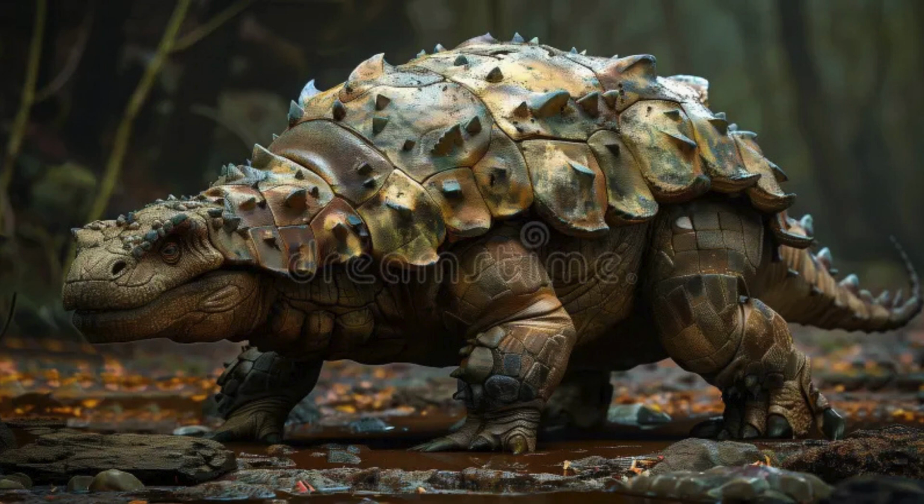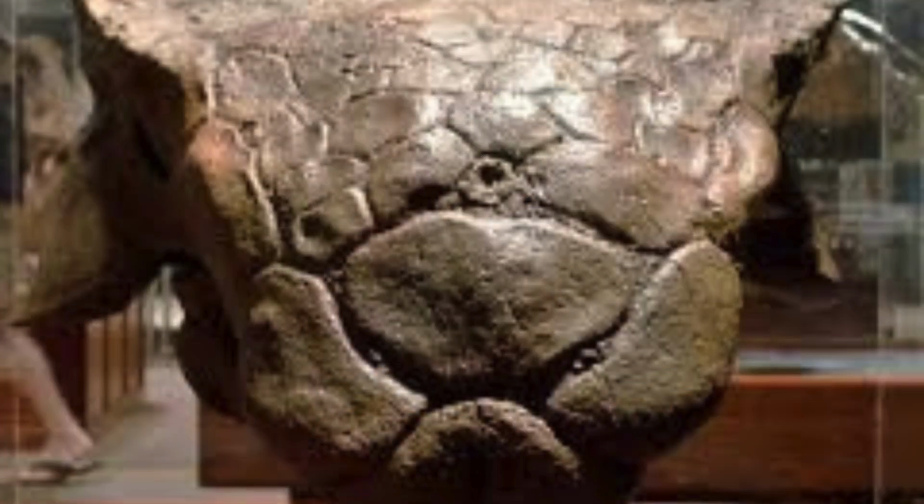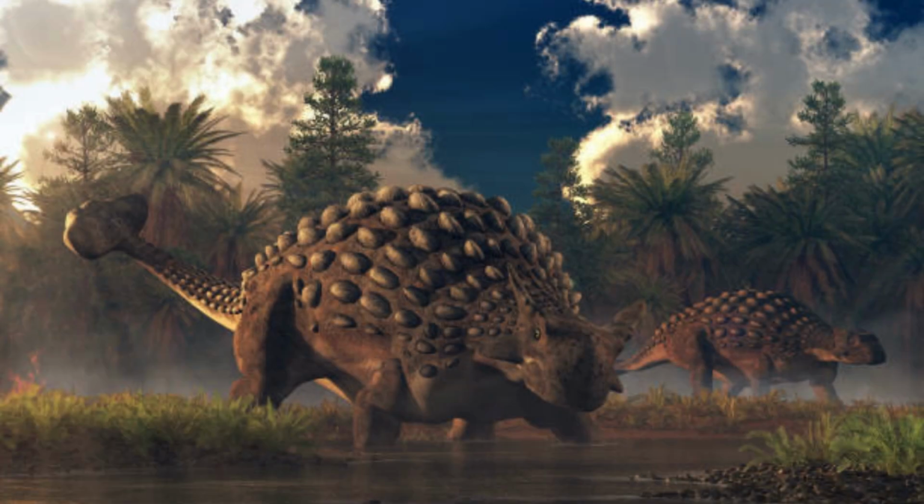Diet and lifestyle. Ankylosaurus was a herbivore with a broad snout and small, leaf-shaped teeth. Its mouth structure suggests that it grazed close to the ground, feeding on ferns, cycads, and other low plants. It had a digestive system adapted to process fibrous plant material. It is thought to have led a quiet life, moving slowly in search of food and relying on its armor